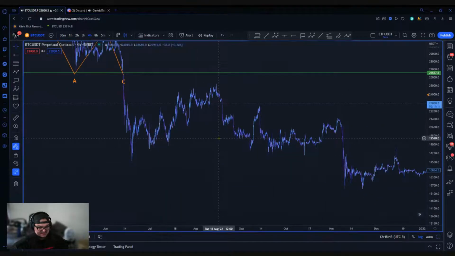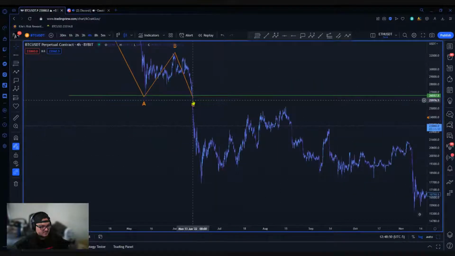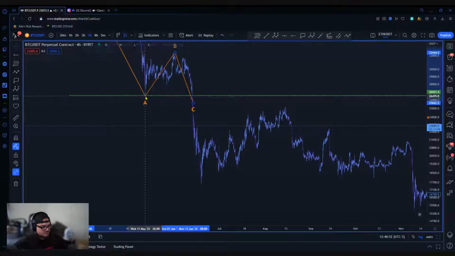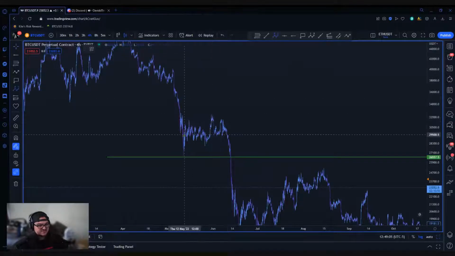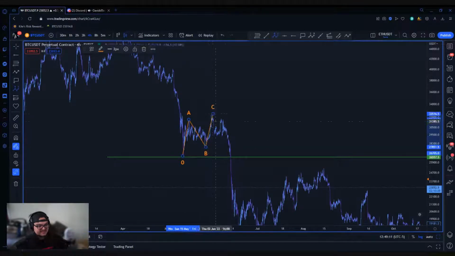Trying to think of where else. I did take some setups here. Yeah, basically we're waiting for the price to come down and take liquidity off of the, like in this case for the short setup, the A comes up here, builds liquidity up in this region, comes back down, takes it, and then reverses. That's the easiest way to explain ABCs.